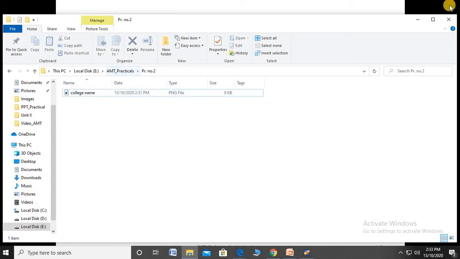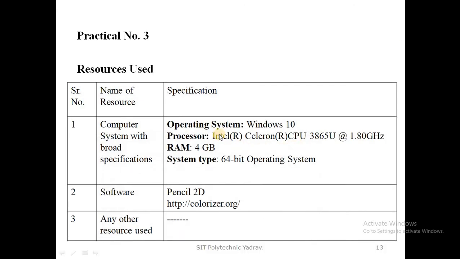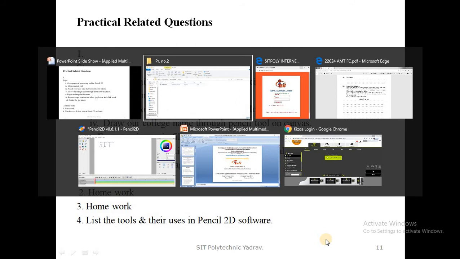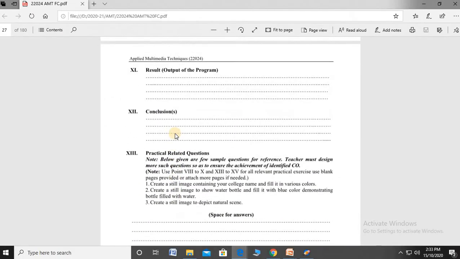This is your second practical. Clear? The result and conclusion are also written.